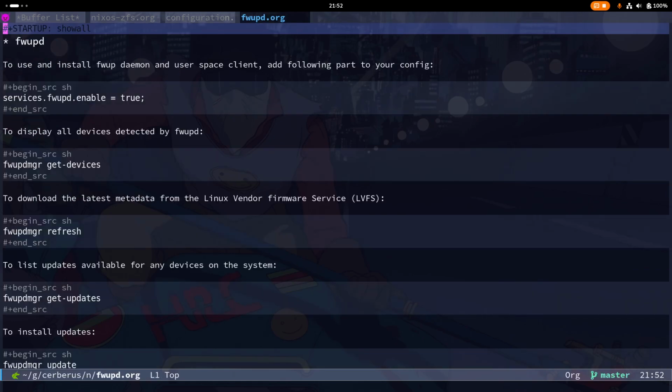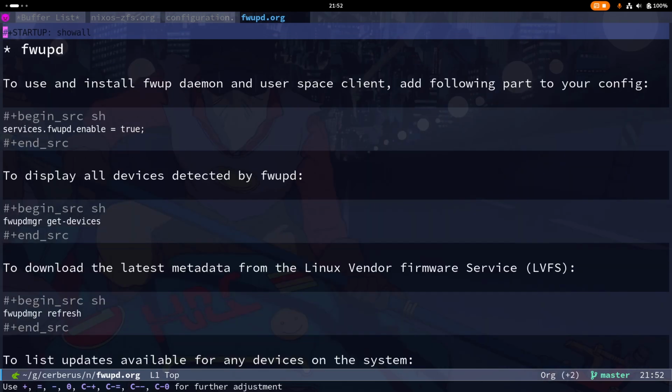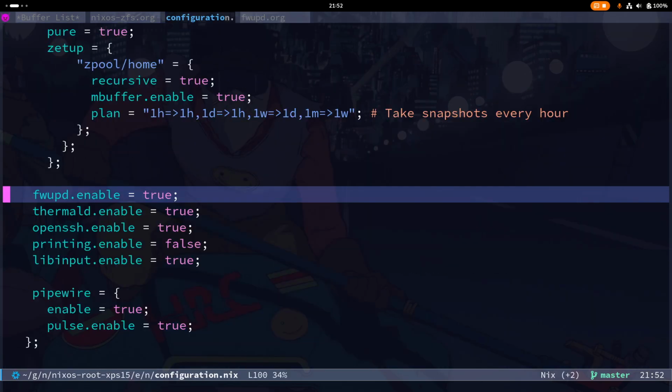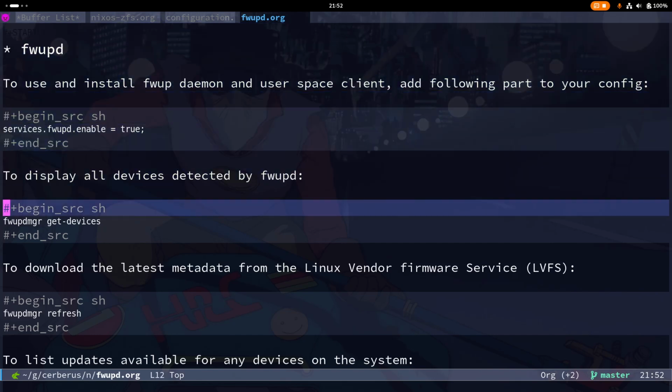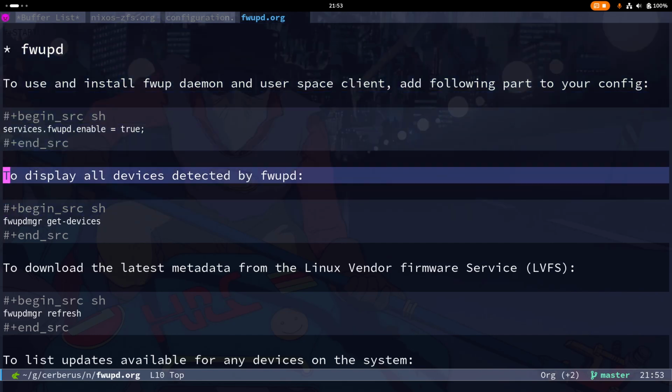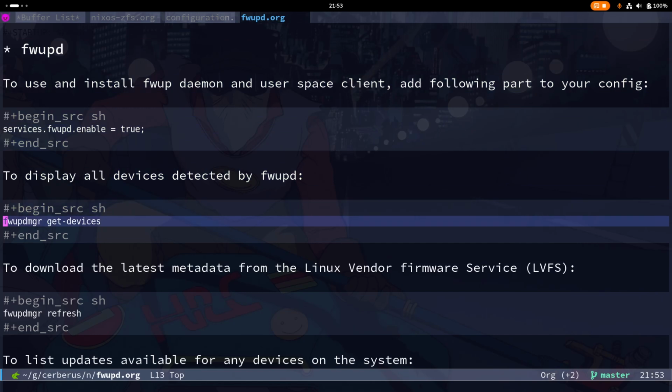Yeah, fwup. Okay. So what we've got here is fwup enabled equals true, and I'll show you the actual procedure while it's fresh in my mind, that's what we're talking about. So at a later stage, when you've got everything working and configured, so you have that enabled, what you do is you run fwup